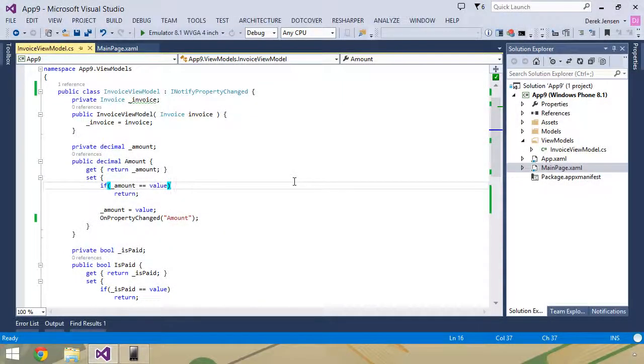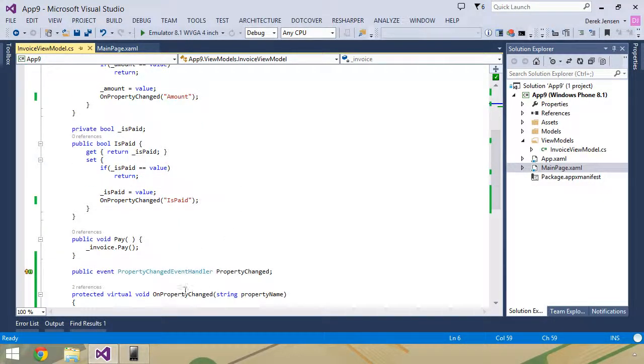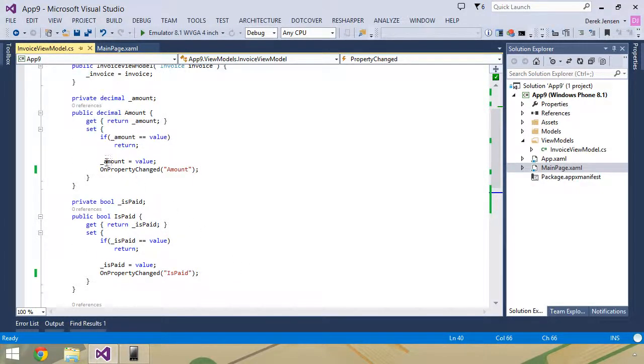So now that we have implemented INotifyPropertyChanged on our view model, and we have exposed an event here that's going to tell any subscribers when something has changed, and that we are, in our code, telling this particular event what property has changed, whether it's Amount or IsPaid, I want to start to use that information. So in order to handle that, I'm going to come